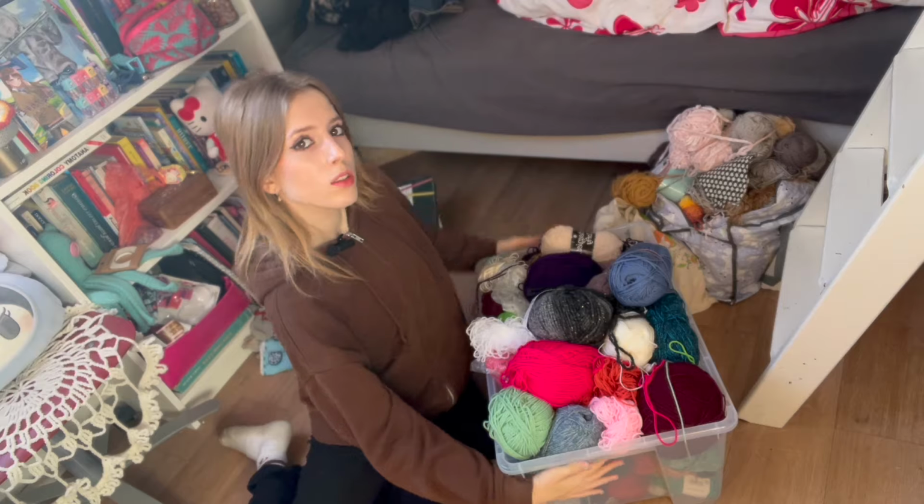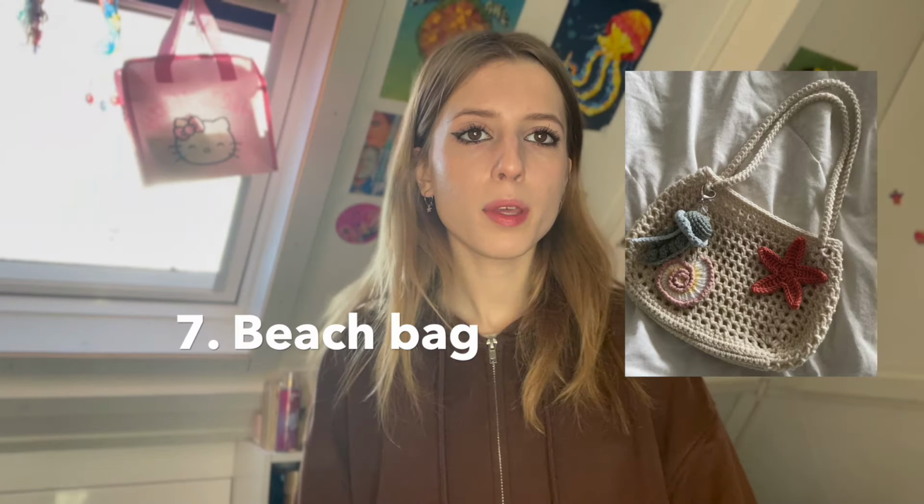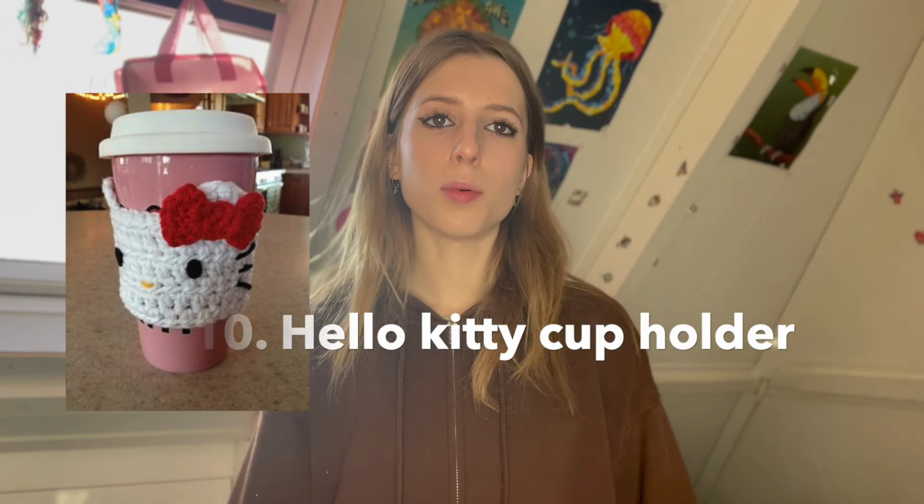Do you have all the yarn in the world but no idea what to make with it? Here you have 100 things you can crochet. A car bag, a vinyl pillow, a bag with containers, a star pillow, a wheel pouch, a spiderweb headphone decoration, a beach bag, a jellyfish, a case for all your crocheting tools, a Hello Kitty cup holder, a little rat